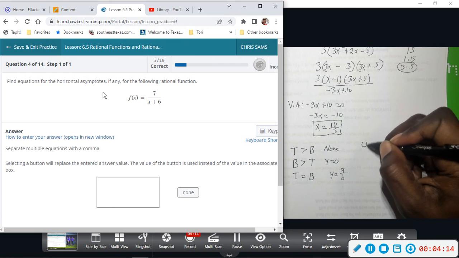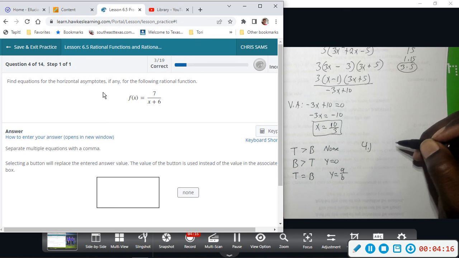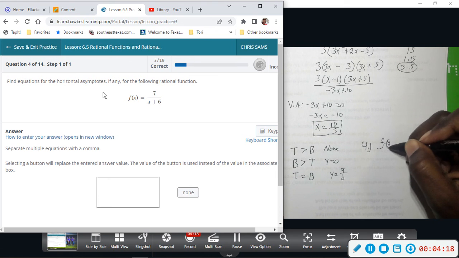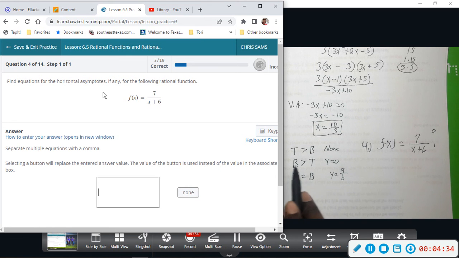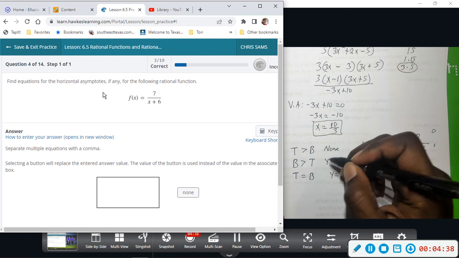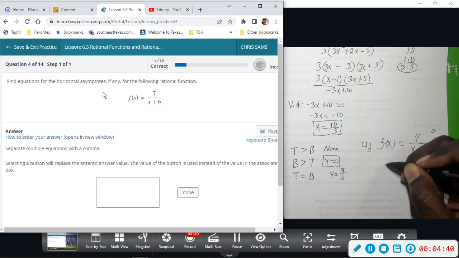So here on number 4, f of x is 7 over x plus 6. So the degree up here, there's no x's, so the degree up here is 0. There's 1 x down here, so 0 over 1. The top is less than, or basically this scenario, the bottom is greater than the top. So your horizontal asymptote